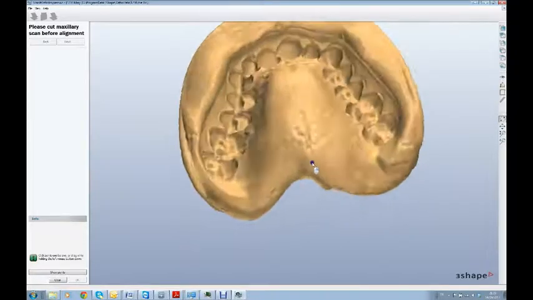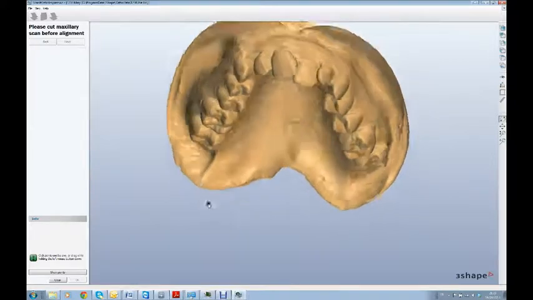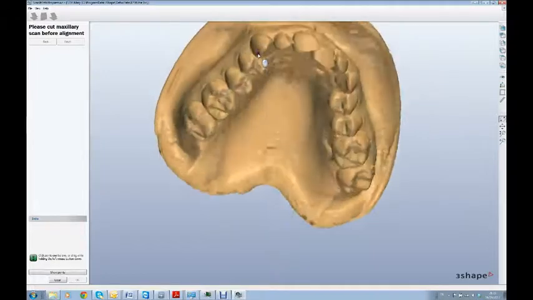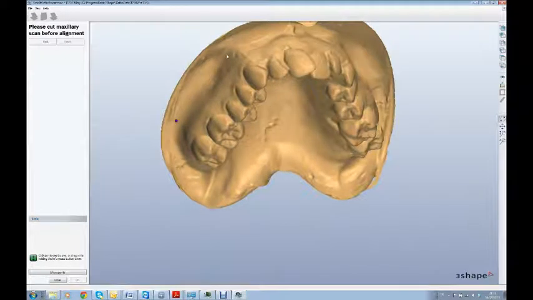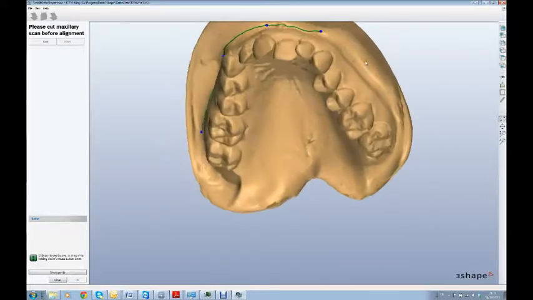So once the upper and lower impressions have been scanned along with the byte registration, we're brought into this stage now where we need to prepare the impressions and complete our alignment and so on. So I'm going to work my way around the arch, selecting points, and the purpose of this is obviously just